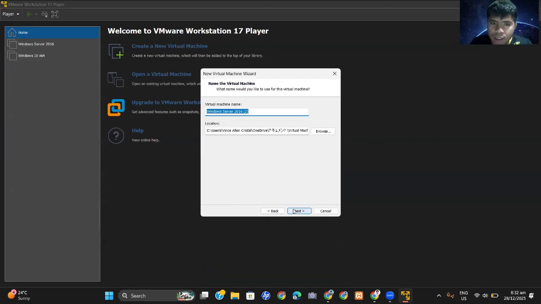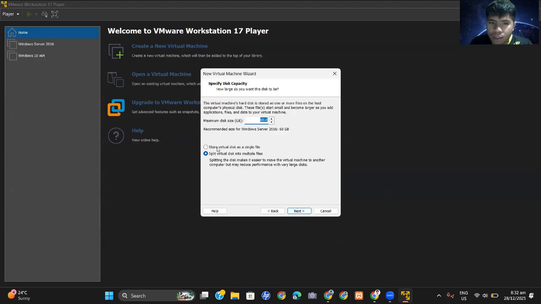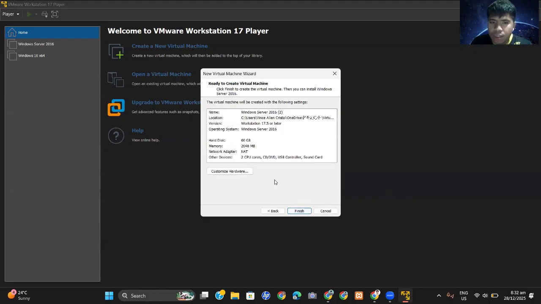So click next. Then choose the file location where you will save the files. Click next. Here the minimum disk size is 60 GB. Then choose store virtual disk as a single file to optimize the process. Just click next.